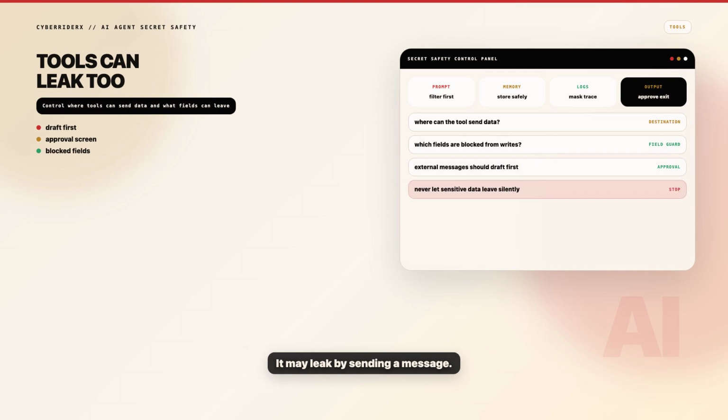It may leak by sending a message, creating a ticket, posting to a channel, updating a CRM, writing a report, uploading a file, calling a webhook. So tool permissions need output boundaries too. Do not only ask which tools the agent can use, ask where those tools can send data, which channels